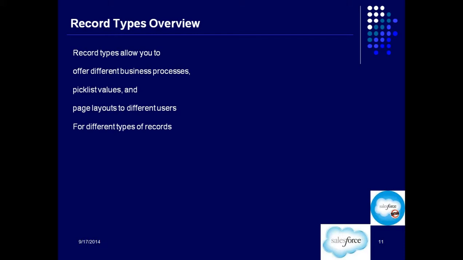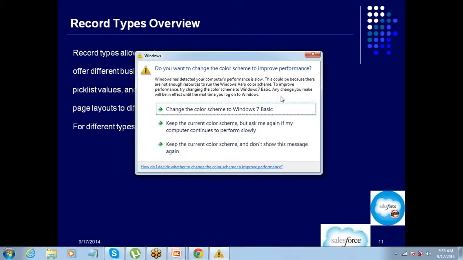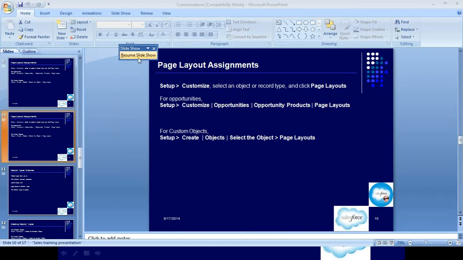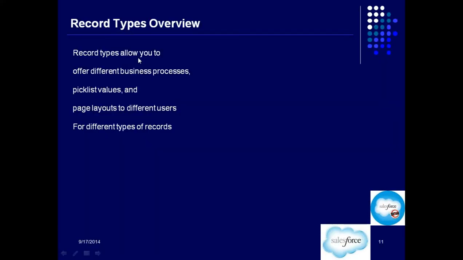In certain cases, pick list values will be different for the buyer and for the seller. Like for a buyer, what is he willing to buy? For the seller, what is he willing to sell? For the buyer, it will be the address information. For the seller, it will be the product information. So some fields will be specific to the type of record, right? Sometimes you will come across these kinds of situations, right?